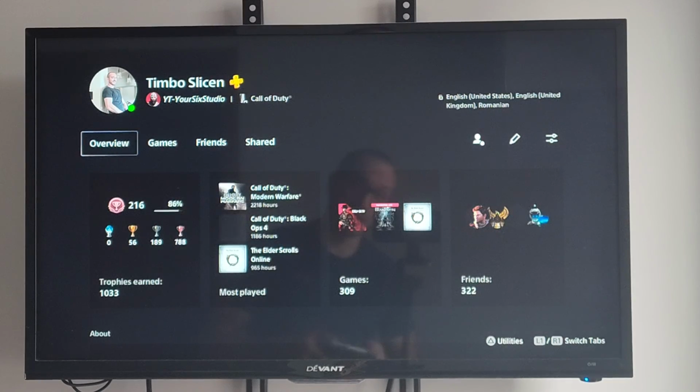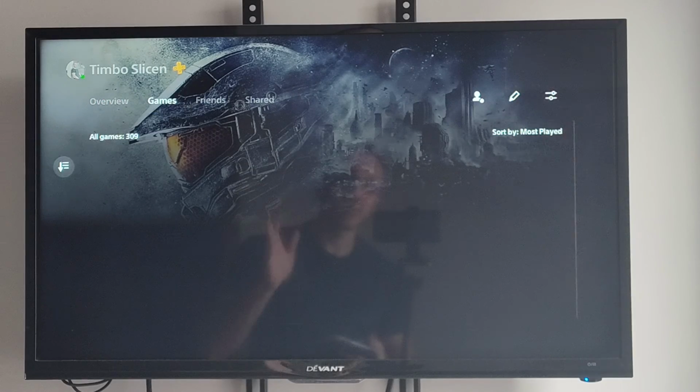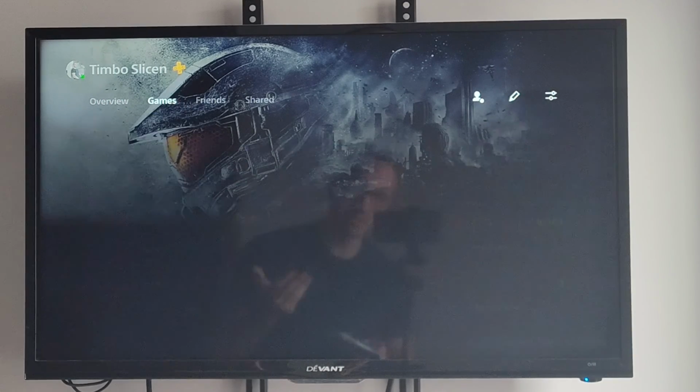Today in this video I'm going to show you how to hide your recently played games without appearing offline on your PlayStation 5 or anything like that. This is easy. So I have all these games right here. If I don't want my friends to see or someone else to see that I've been playing, well, what you